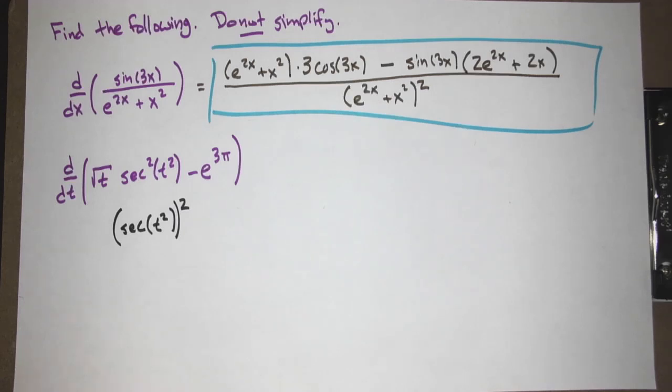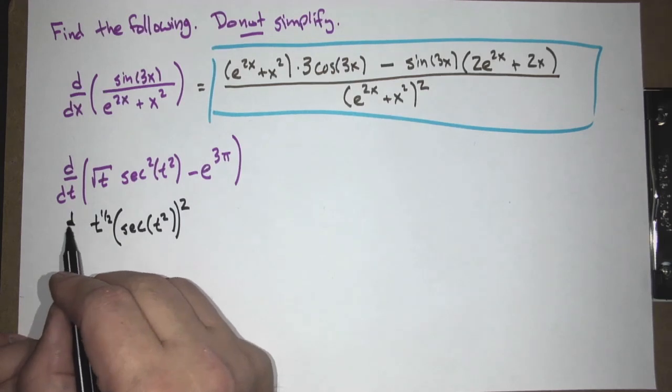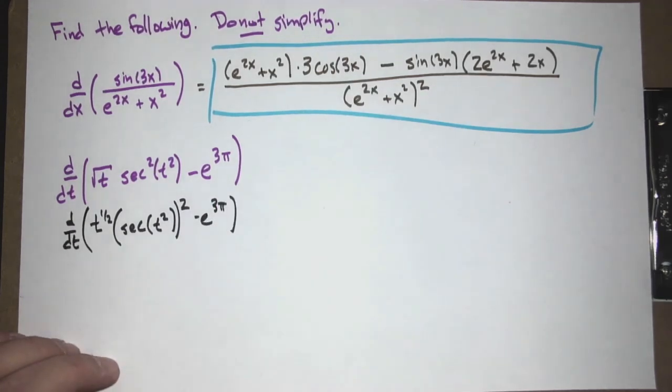What's the calculus way to write square root of t? T to the 1/2, because that's our rule. Okay, so we're just rewriting, and we're allowed to rewrite things as long as they're equivalent. Why do we rewrite things? Because it makes it easier. That's why. Now, if it doesn't make it easier, you probably shouldn't be doing it. But all right, here we go.